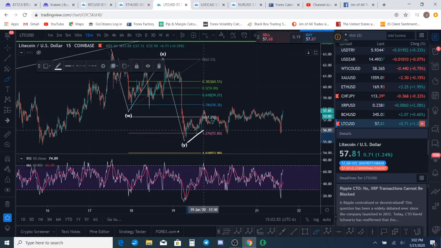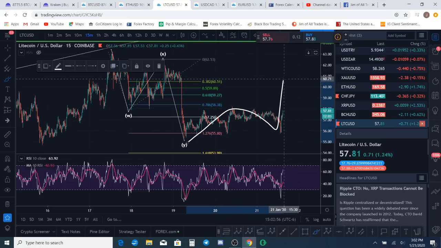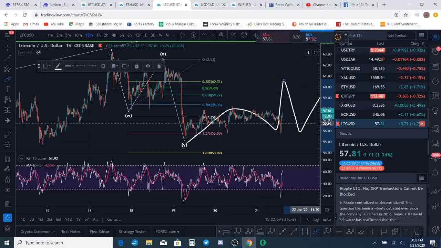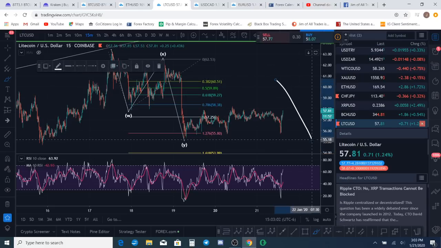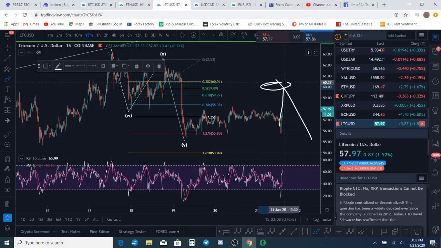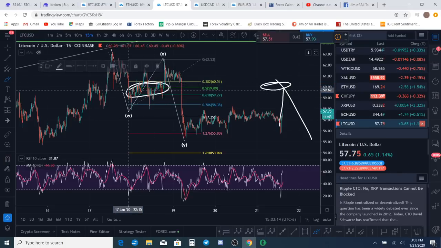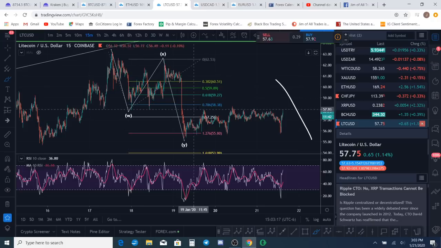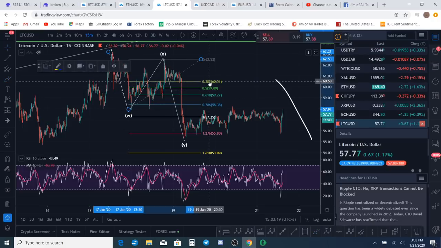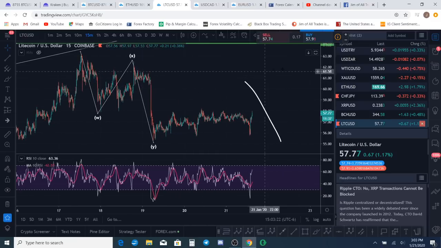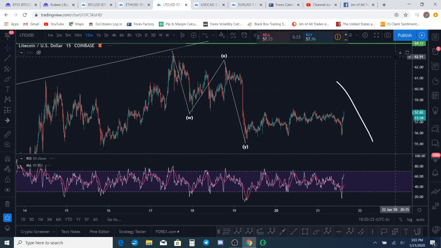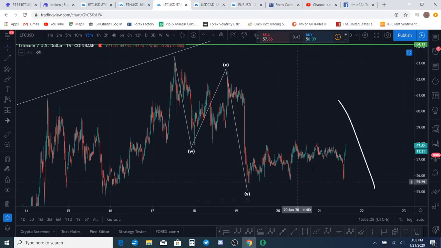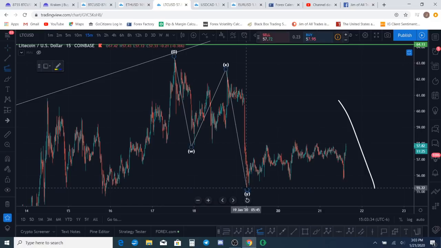That would be what I would be guessing from there, some kind of a three wave move down after that. So we'd be expecting a down wave after this wave finishes up to the upside somewhere in this region right here, with all this confluence there with structure. Let's see. I could throw the extensions on that for you. Let's see what we get if I throw the extensions on it. I just don't have a lot of confidence, guys, in this wave count because it's so ugly, so ugly. But let's entertain the thought.